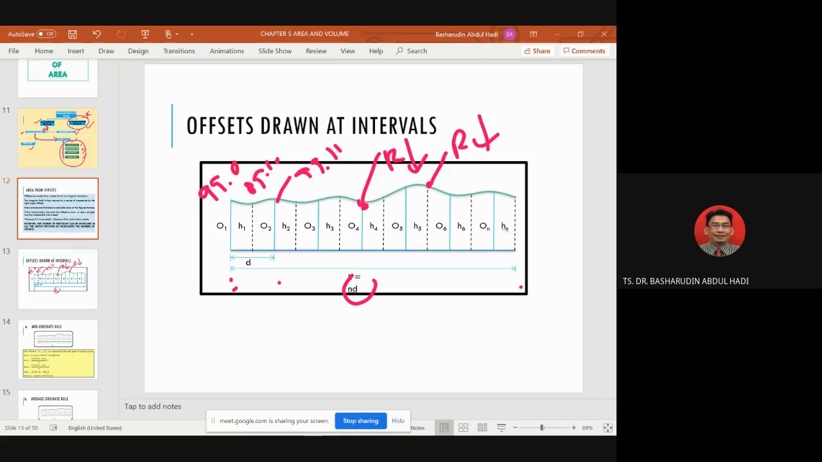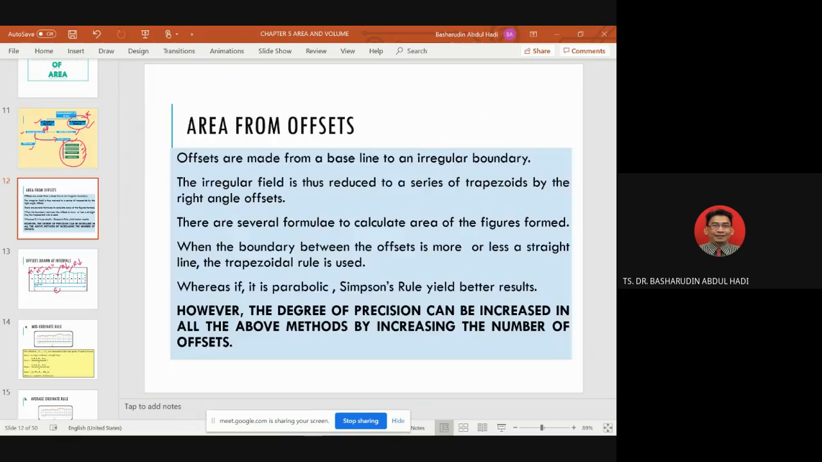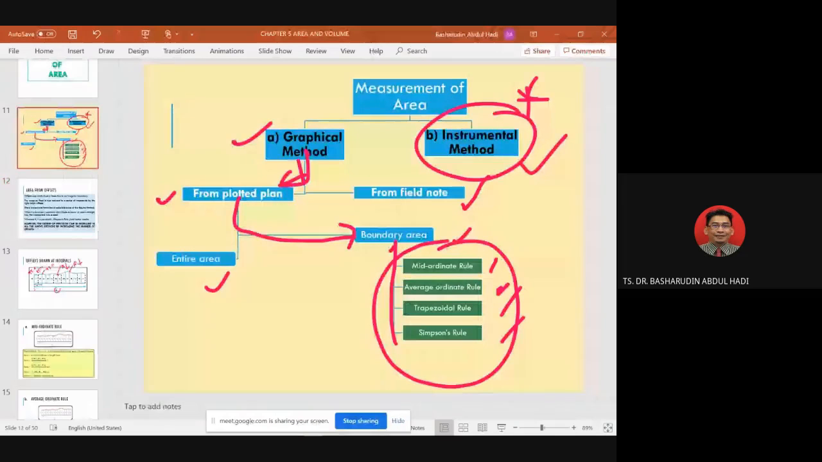Okay. So we want to calculate what? We want to calculate the measurement of area. And for measurement of area, we have the graphical method. For the graphical method, we have plotted plan. For plotted plan, we have boundary area. Nowadays, we have the mid-ordinate rules, average ordinate rules, trapezoid rules, and Simpson rule. Okay. So next we have